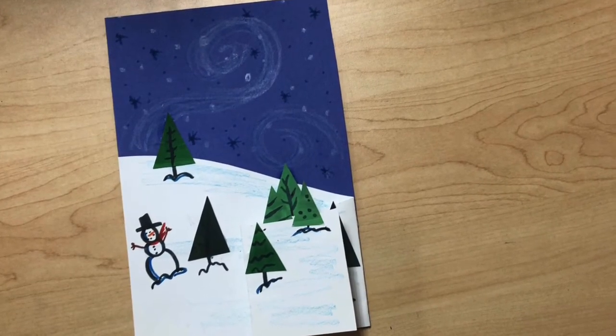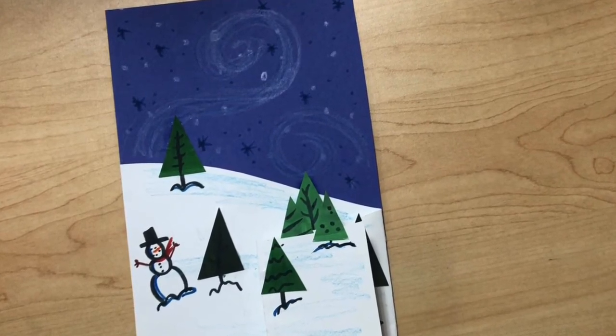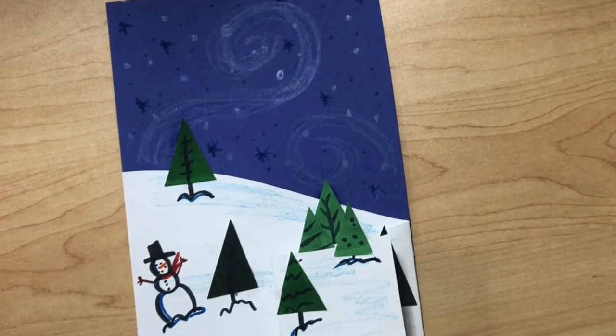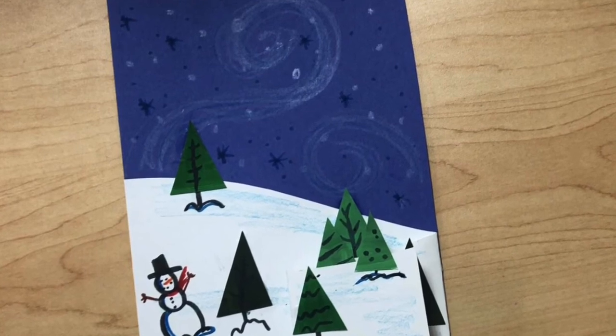So this is what we are doing with our different value papers. Like I said, you will have a lot of different options that you can do with this. If you can come up with another cool way to do some more value trees, I would love to see it. Make sure you take a picture of this, you send it to me,